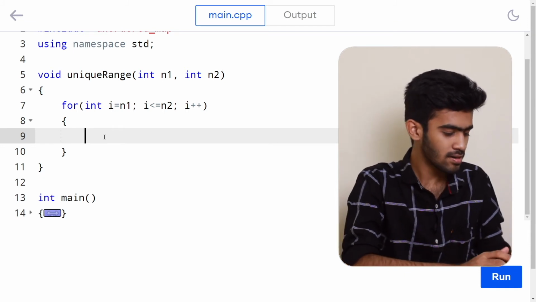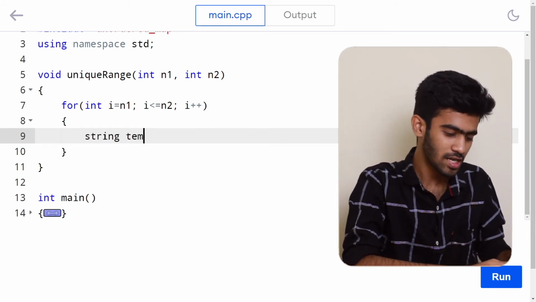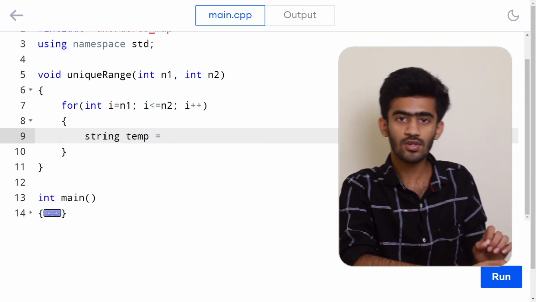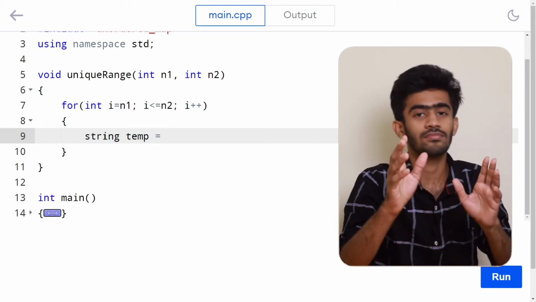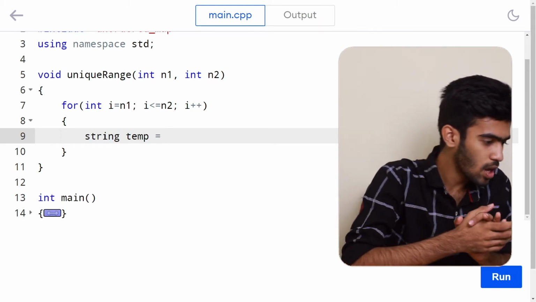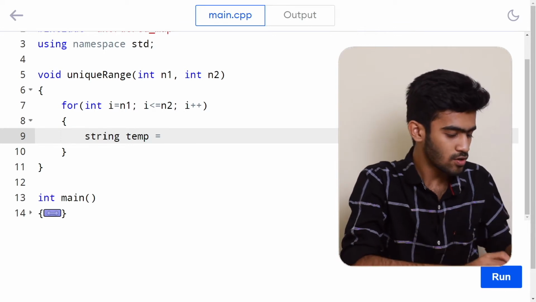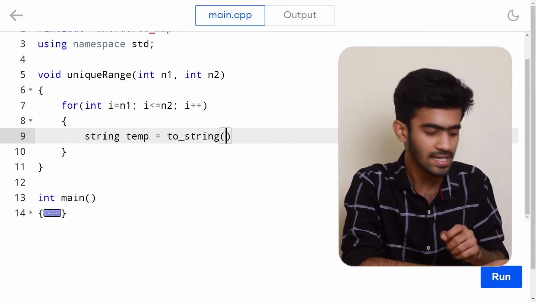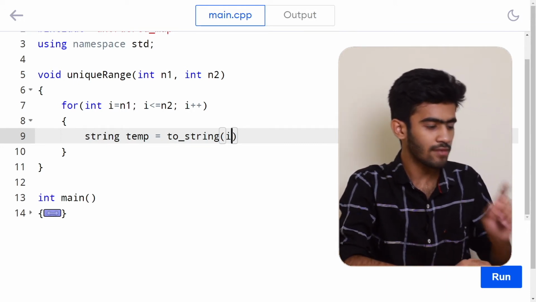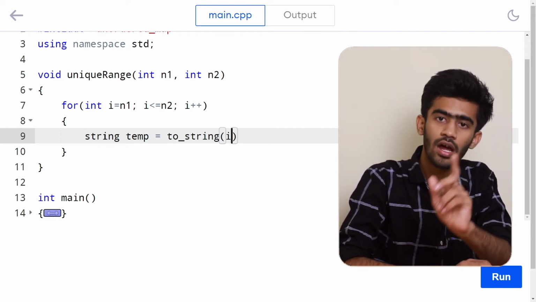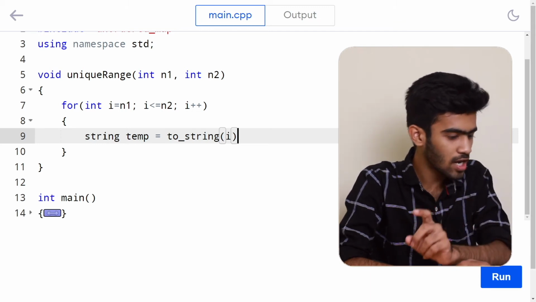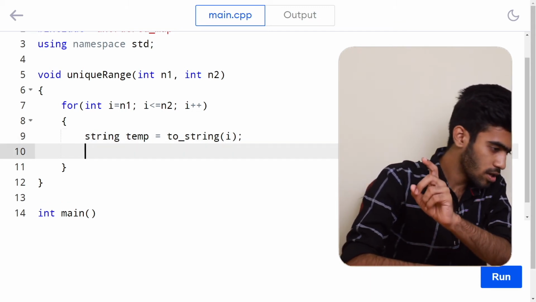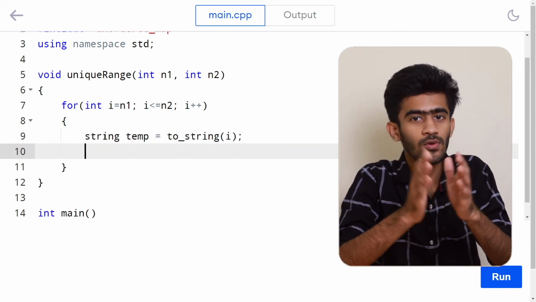So we'll have a temporary string called string temp, and it will store the string value of this integer n1. So we are using the toString function to convert this integer into a string. So we are converting the value of i to a string and storing it in the temporary variable. Okay, so next step would be to